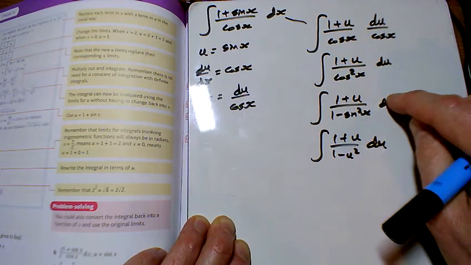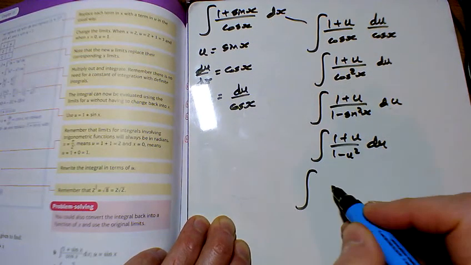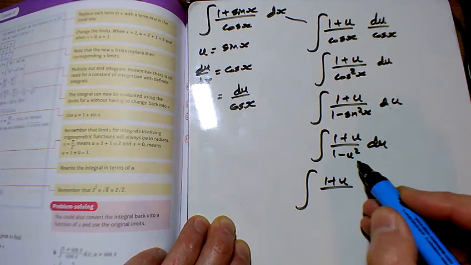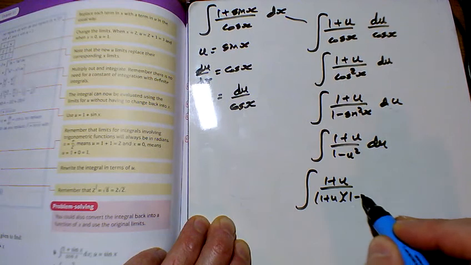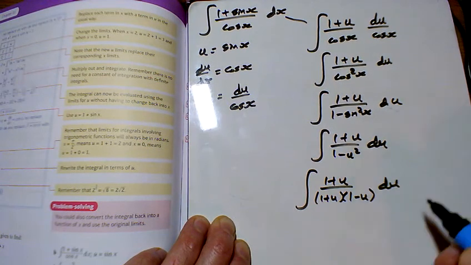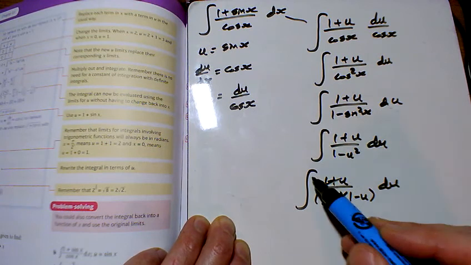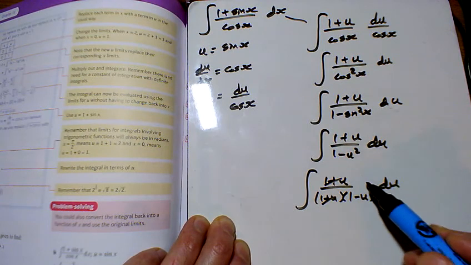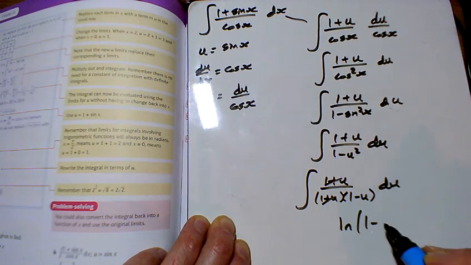Made a mistake there, didn't I? That should say du. And at that point there, we then have to remember our difference of two squares. We've got (1 plus u) times (1 minus u) there. And finally now, these two things can cancel. We can integrate 1 over 1 minus u